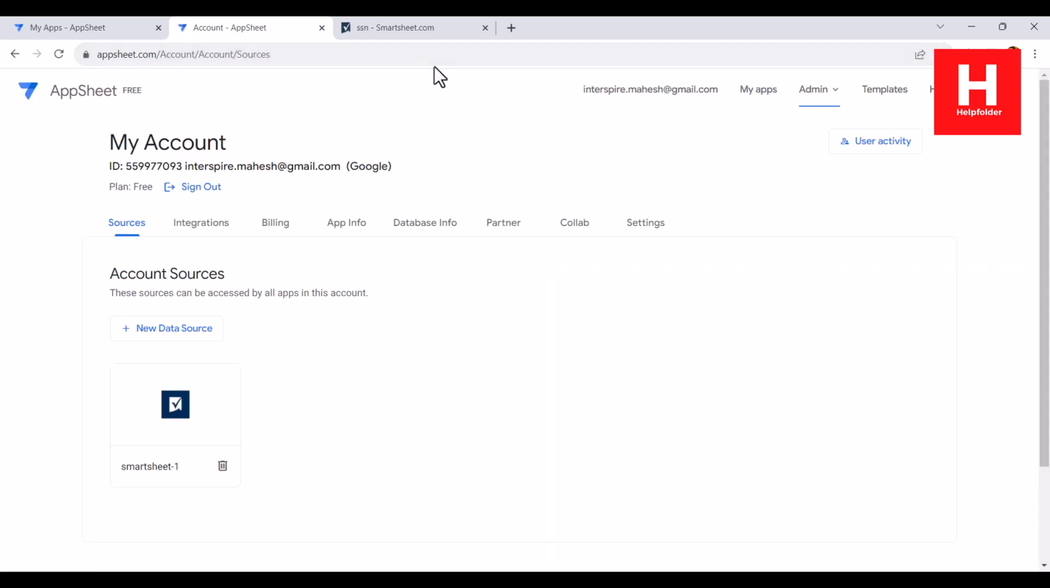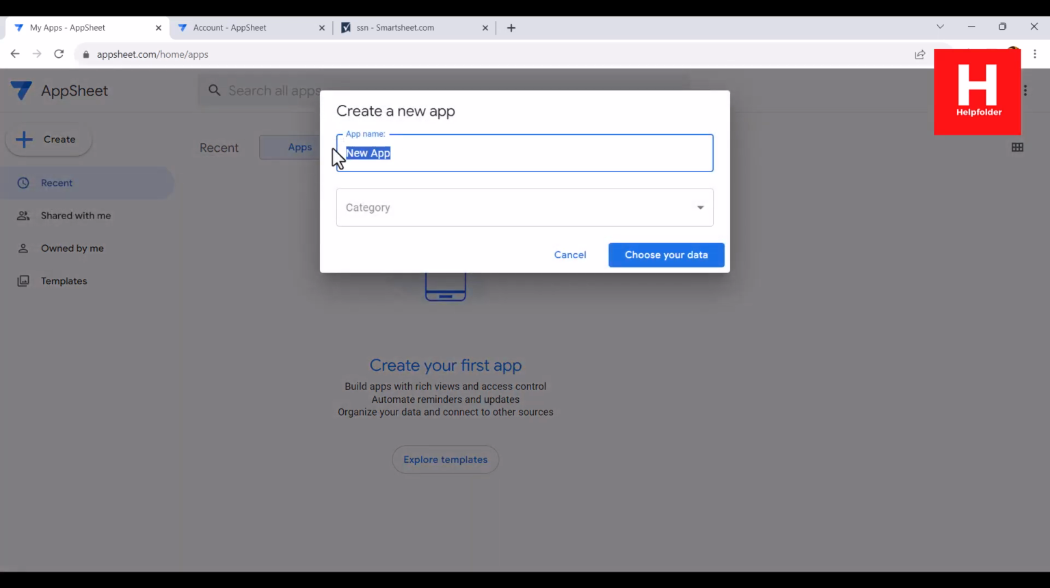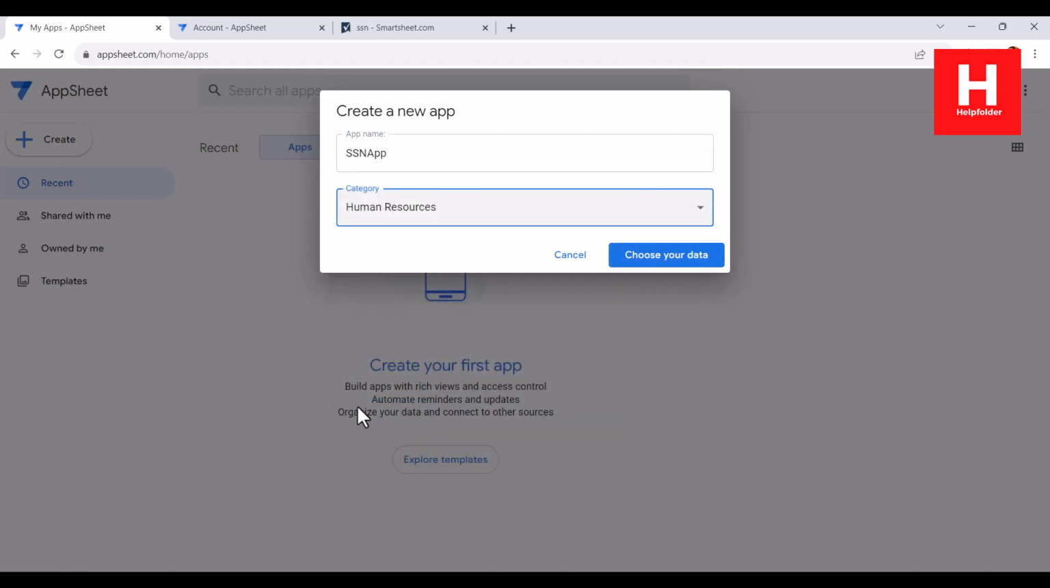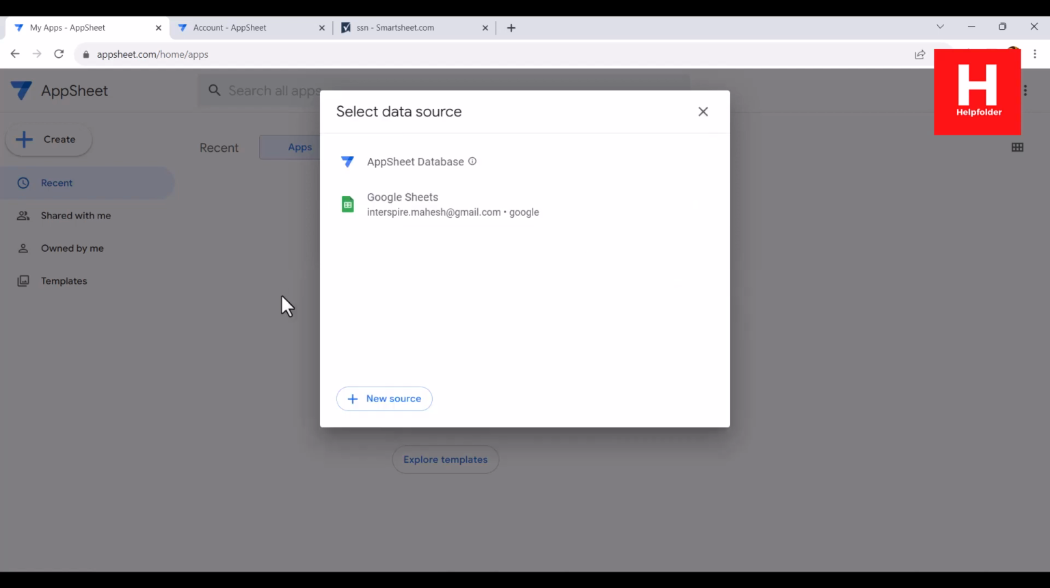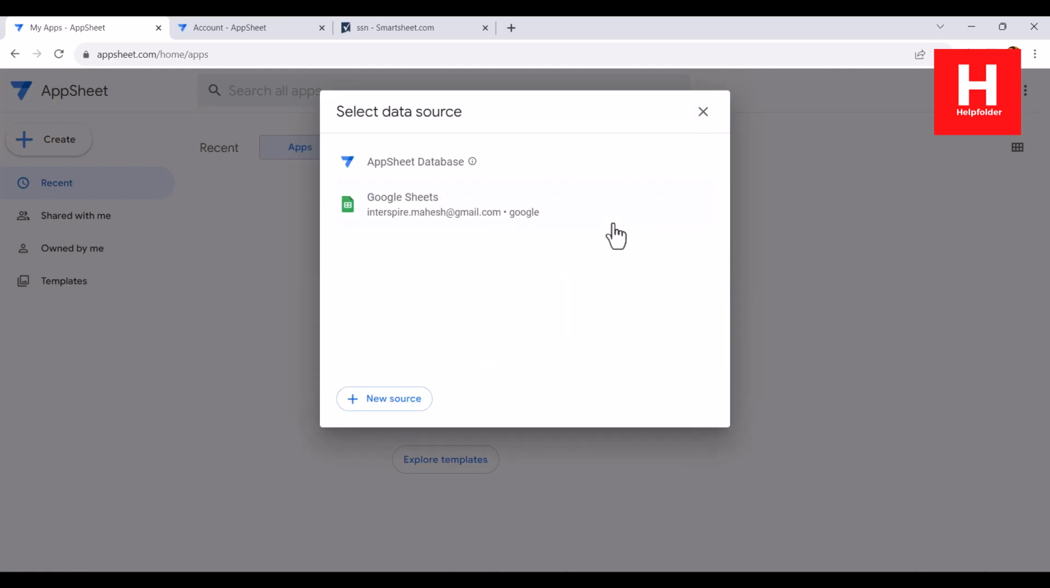Right, now we are back here with AppSheet. So what I will do is click create, then app with existing data. Let's name this something like SSN app. Then click category, and here I will choose human resource. Then choose your data. Here you can see AppSheet databases, and you can choose to create new, or alternatively